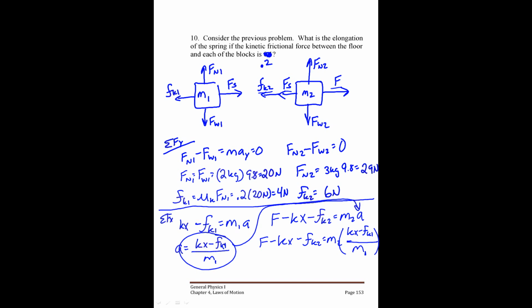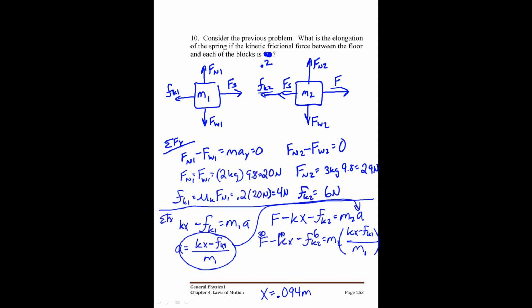The algebra gets a little complicated. I'm not going to recreate it here. But just go ahead and put all your numbers in. You know F, it's 30. I know k, it's 140. I know Fk2, I found it, it's 6. I know m2, I know m1, I know k again, I know Fk1. Just put in all those numbers, and the only thing that you have left is x. And then if you solve for x, you find that x is equal to